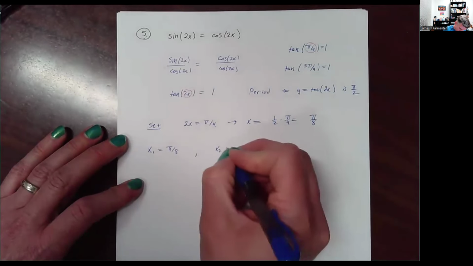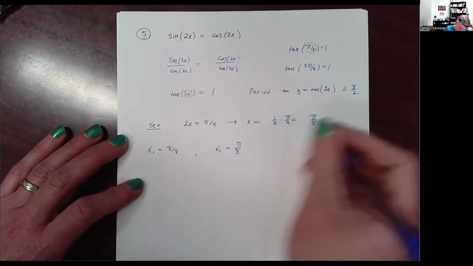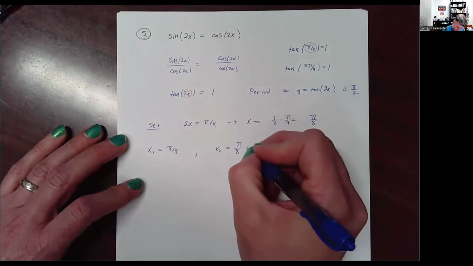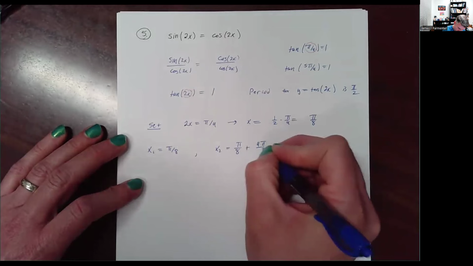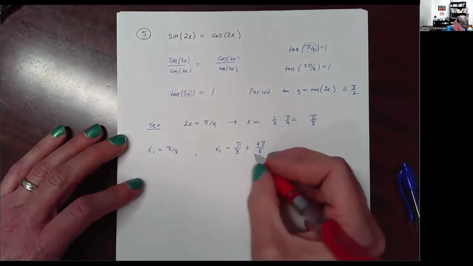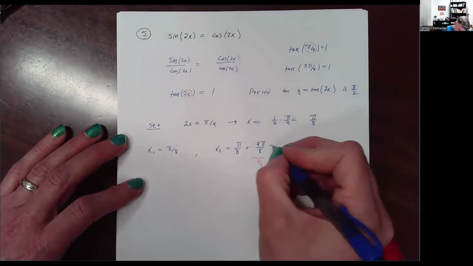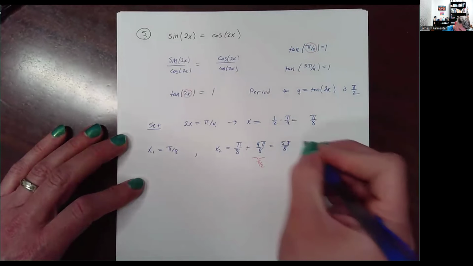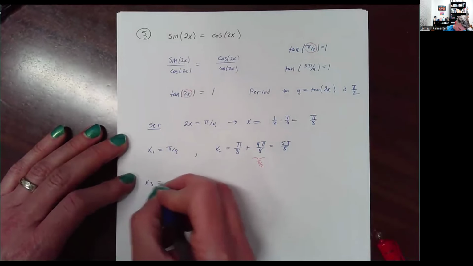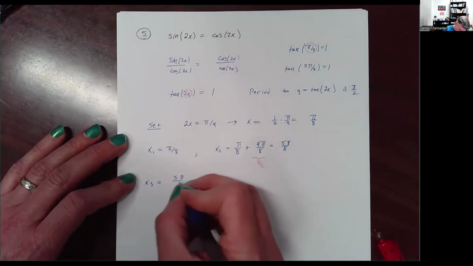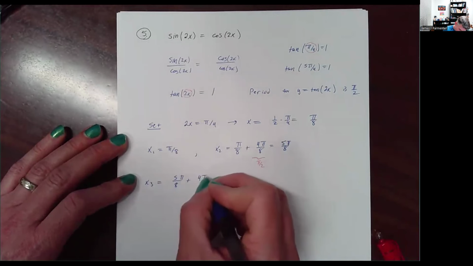My x2 is pi over 8 plus pi over 2, which is 4 pi over 8, and that is equal to pi over 2. Then I can add them and get 5 pi over 8. And then if I do it again, 5 pi over 8 plus another 4 pi over 8,